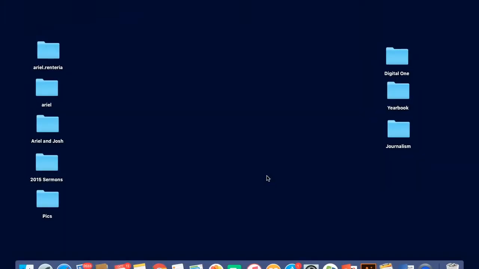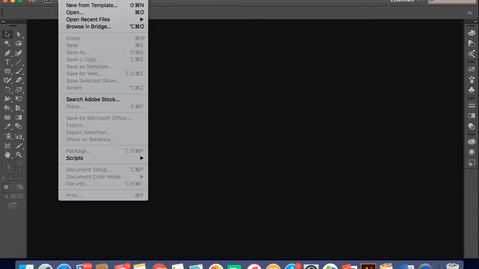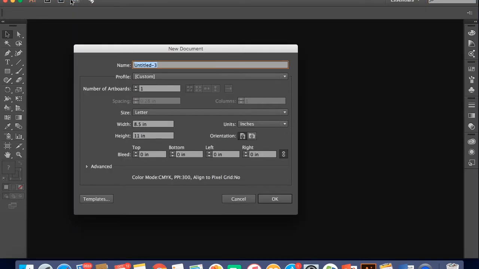Alright, so before we start working in Illustrator, we're going to learn a few basic tools and the layout of Illustrator. So I'm going to go ahead and open up my app and select File from the menu bar. Notice it says Illustrator CC. I'm going to select here and go New. And then I'm going to title this document No Bull Flyer